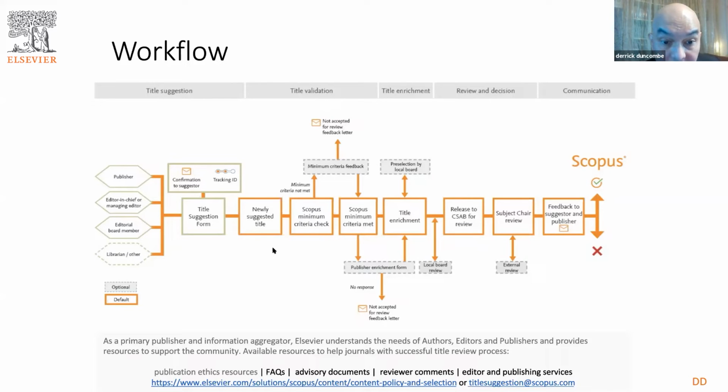What's next? After that, we need to find out, is this a newly suggested title or not? So this all goes on behind the back end of Elsevier. And the next one, you'll see the Scopus minimum criteria check. Now, I like to simplify things so that editors listening are aware of what's happening in terms